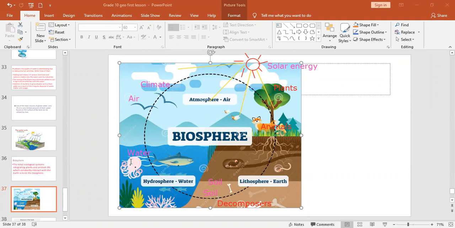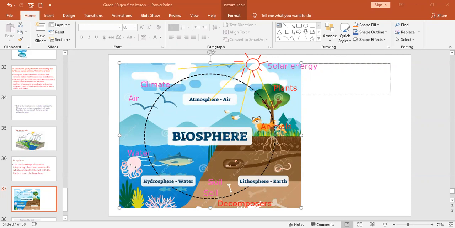There are two factors that affect the process in the biosphere. Let's see whether both these types of components affect the biosphere. Air affects the biosphere. Water affects the biosphere. Solar energy also affects the biosphere. Soil,